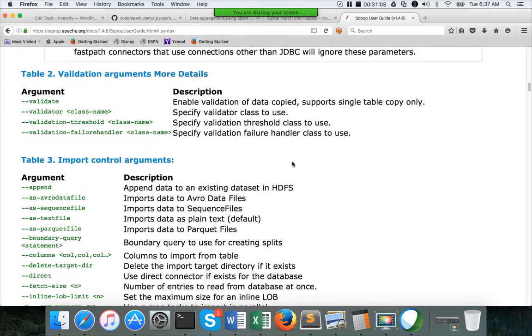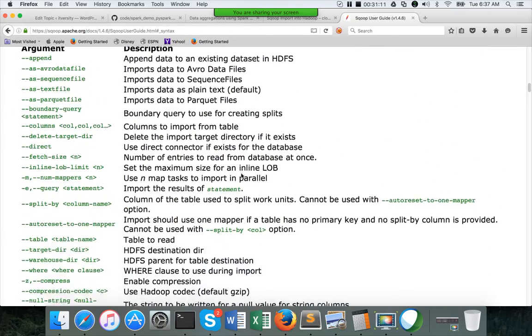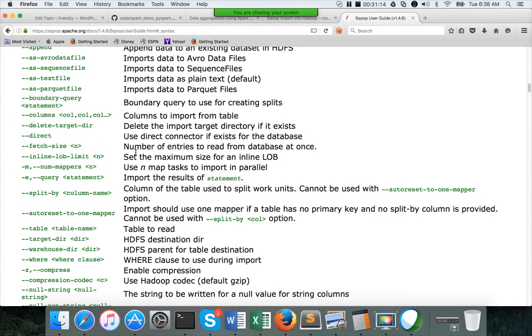So these are the import control arguments, and most of them are self-explanatory. The only thing you should focus on is doing minor transformations such as filtering the data and selecting a subset of columns. For that purpose, you need to use multiple parameters: --table, --columns, and --where. Similarly, if you want to use a query instead of a table, you should not use columns. Everything should be part of the query itself. So you have to practice these things, and then only you will be able to understand or remember the logic.